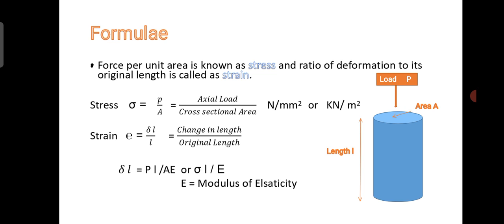If the load is not axial, in that case a couple is generated inside the object. The simple example is a normal tire, like those used for bicycles or in a car. If we apply the load exactly at the center from the top side, or apply a push, what happens? Due to the elastic property of the rubber material, the tire is compressed. Its height is somewhat lowered.